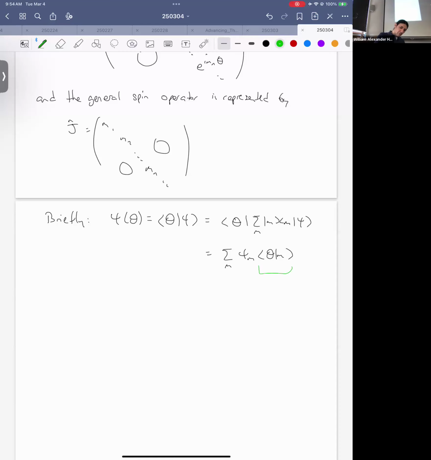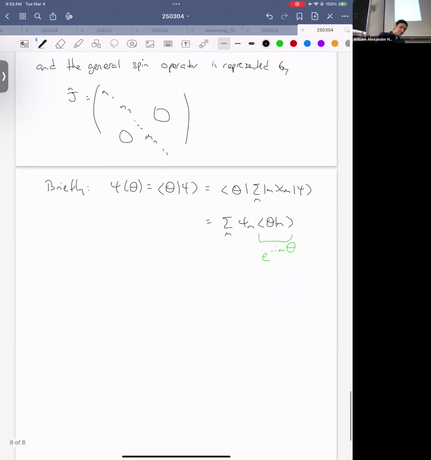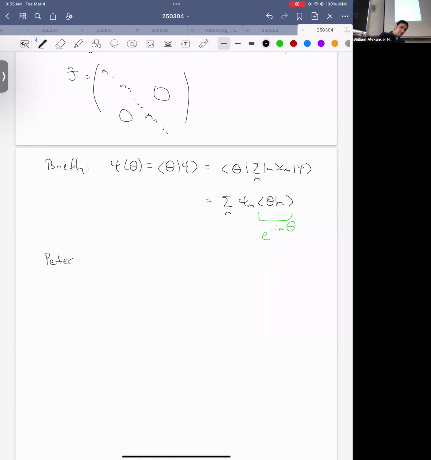And one can work out that the inner product of the theta and the m is itself an e to the minus i m theta. This should all look very familiar to you in terms of what we did for the momentum operator. And that familiarity should make sense in that one has, in general, the Peter-Weyl theorem, which says that the irreducible representation functions